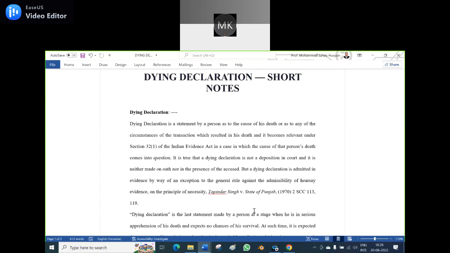Your answer should be according to the marks given in the question. If it is a short question, giving the definition and one or two cases, sections or clauses, and one or two examples is enough. But if it is a long question,